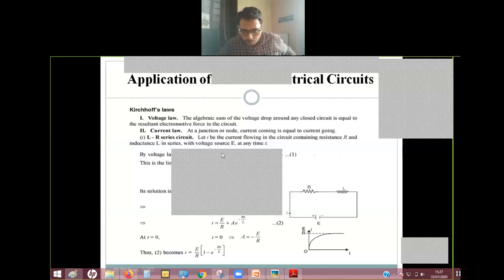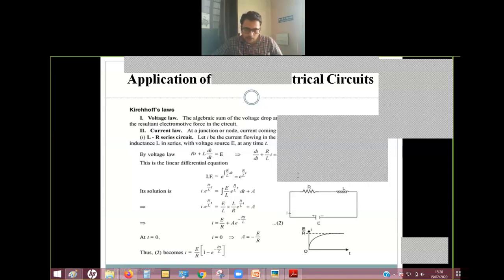Now, have you understood why we have given this much time to understand R, L, and C? Are you getting this now? Now you directly know L di by dt. You haven't mugged up this formula, since we have explained in very much detail how the voltage across the inductor is L di by dt. Now, from Kirchhoff's voltage law, we come to know that E will be equal to VR plus VL. And VR is equal to IR, VL is equal to L di by dt. That's why this equation is coming.